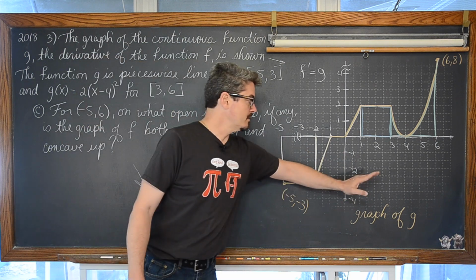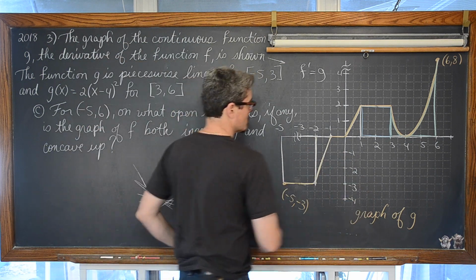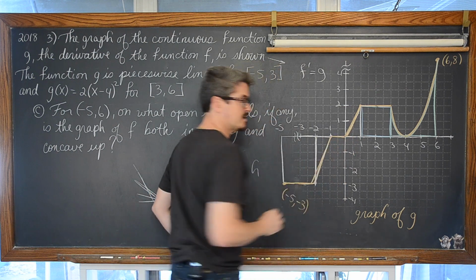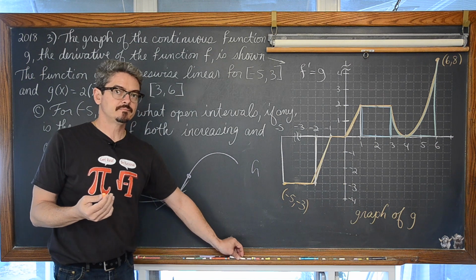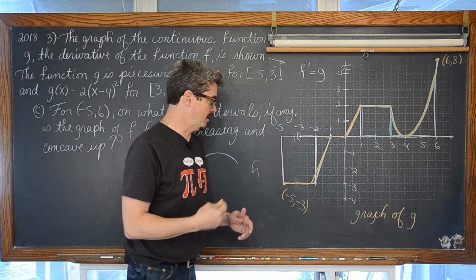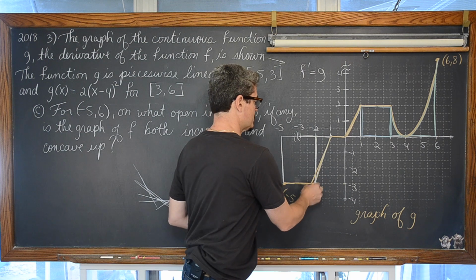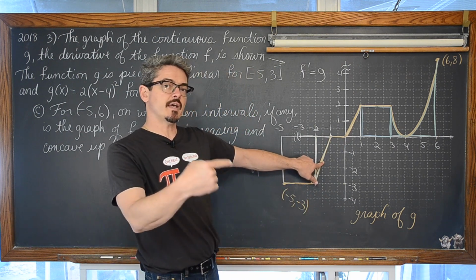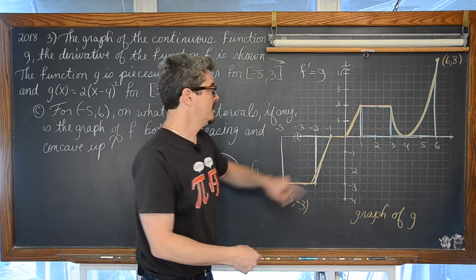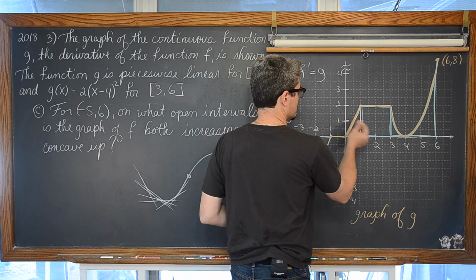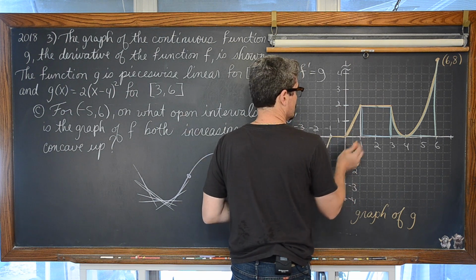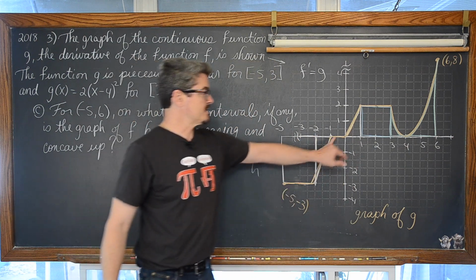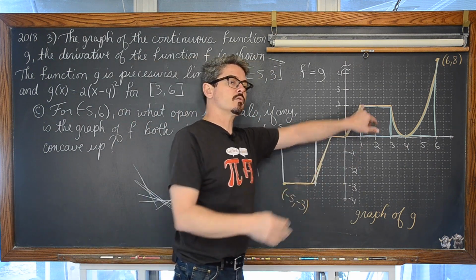So where this graph of g, which has now been scribbled all over like I said, where this graph of g reading left to right is increasing, then f is concave up. So f is concave up between -2 and -1, but because these derivatives are negative, f is concave up but decreasing. Here's where we want to look at part C.